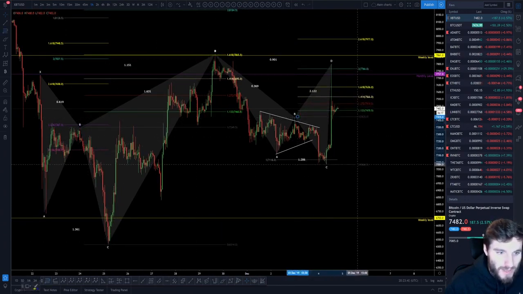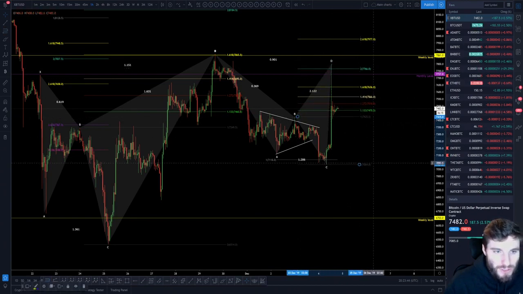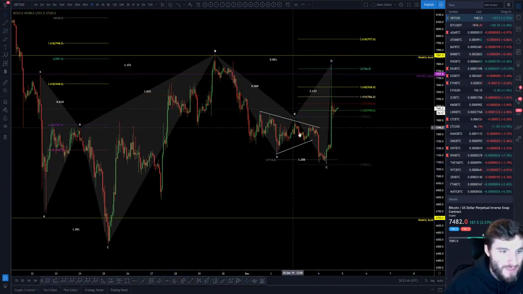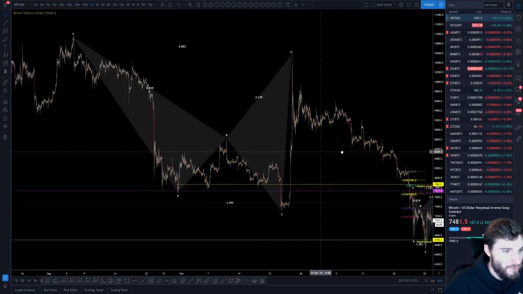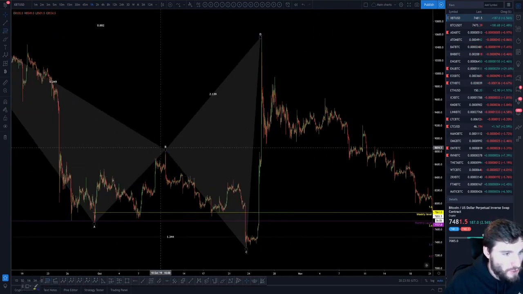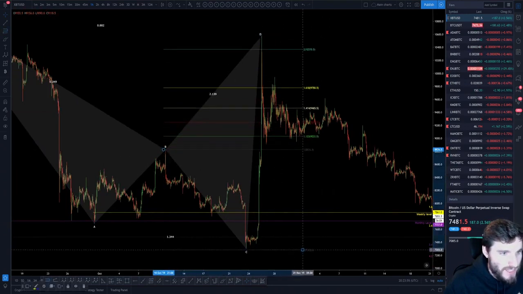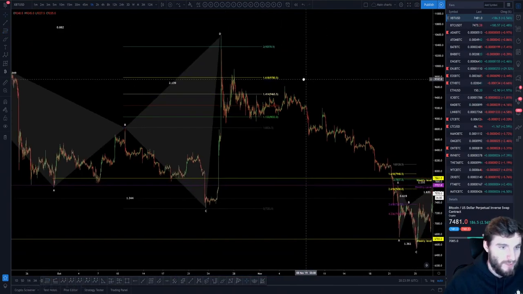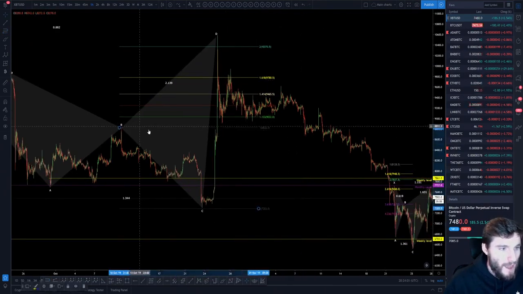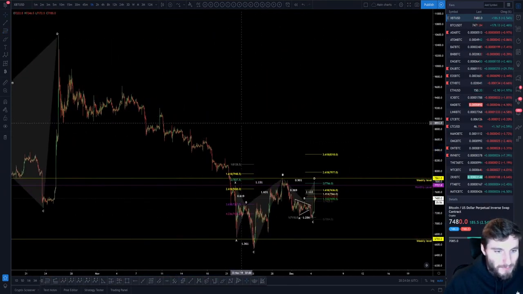So from the high of B to the low of C, you come up to around the 2. And with me thinking how similar this was to 7,400, if you look at 7,400, this one topped out from the high of B to the low of C at the 2 as well. Really, really similar price action.